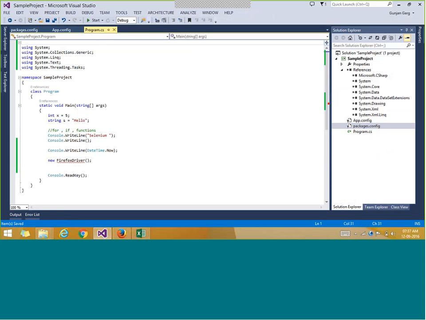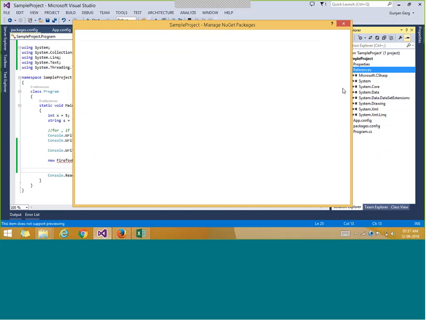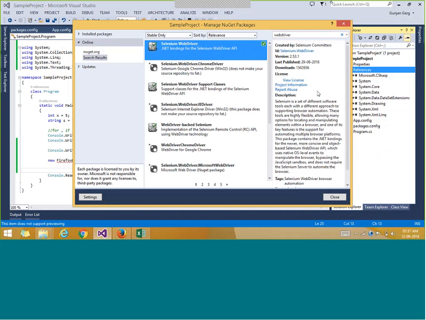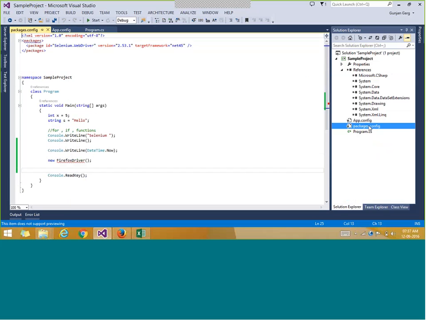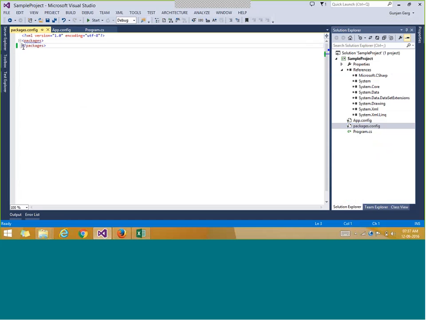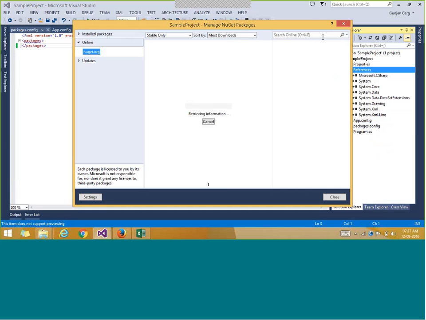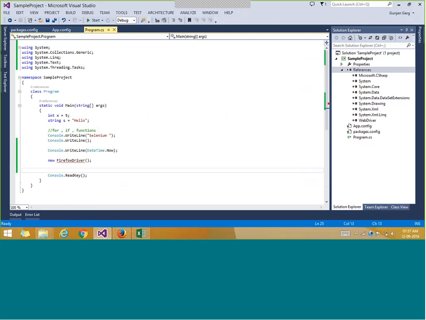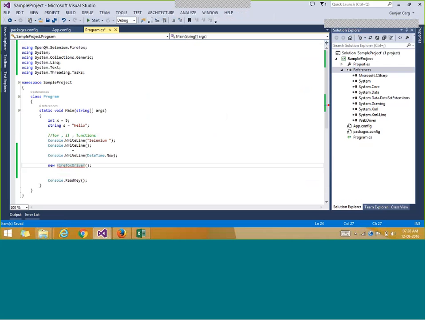Okay, okay. Yeah. So we have this. I just created the object of the Firefox driver class. I'll just include it from the NuGet package manager. Just a second, I'll remove it from the packages.config file, and then I'll add it. And then we have this. I press Control plus dot, and then include the reference of this class that comes from OpenQA.Selenium.Firefox. And now when I run my code,